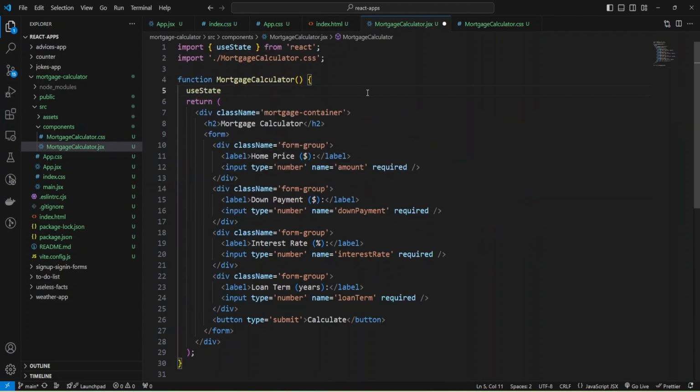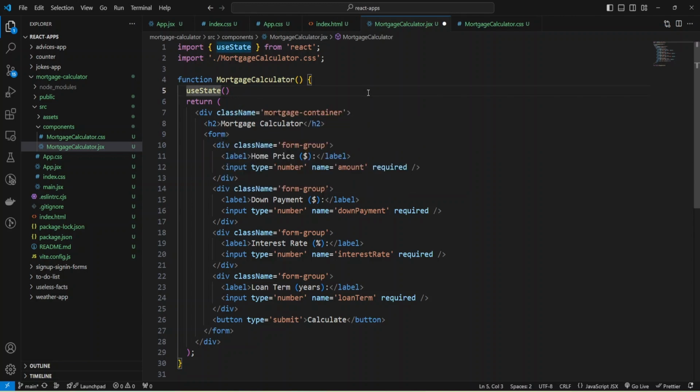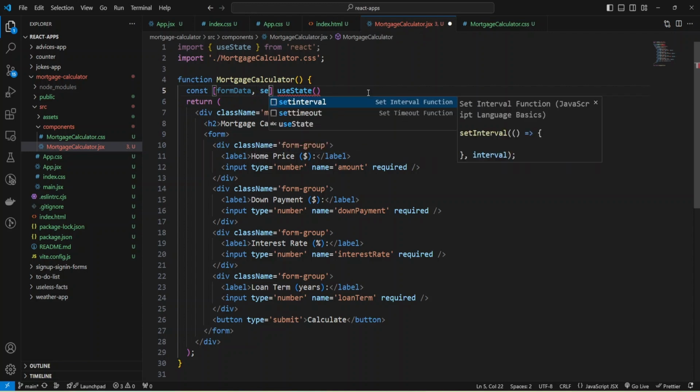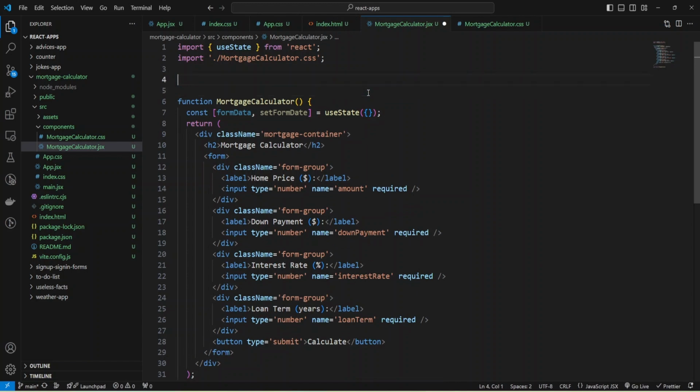As you can see, import was added, and I'm going to create object const form data, and the function to change the state will be set form data, and assign it to my use state, and it will have empty object initially.